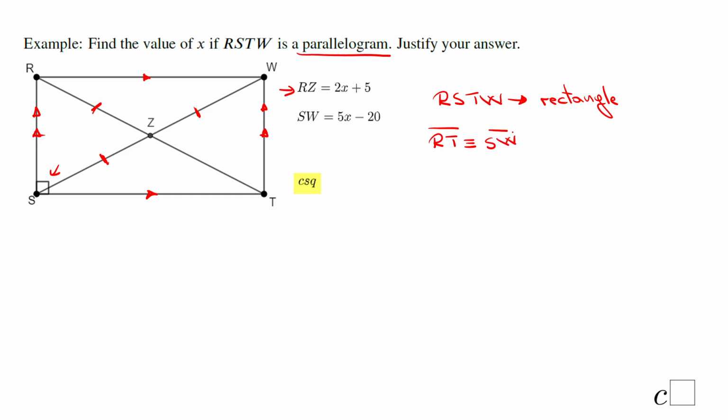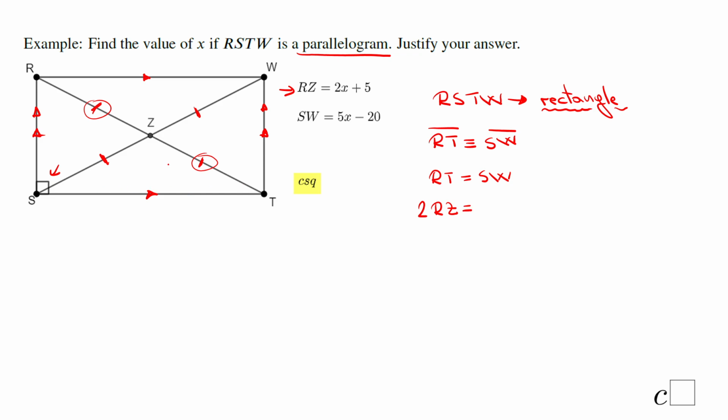This is the property that belongs to a rectangle. The diagonals are congruent, which means the segment RT and the segment SW have the same measure. But if we take a look, RT is nothing else than twice RZ. You see, I marked them the same thing here. Twice RZ